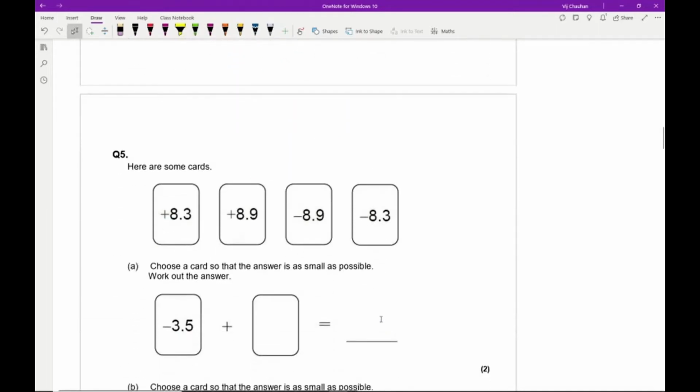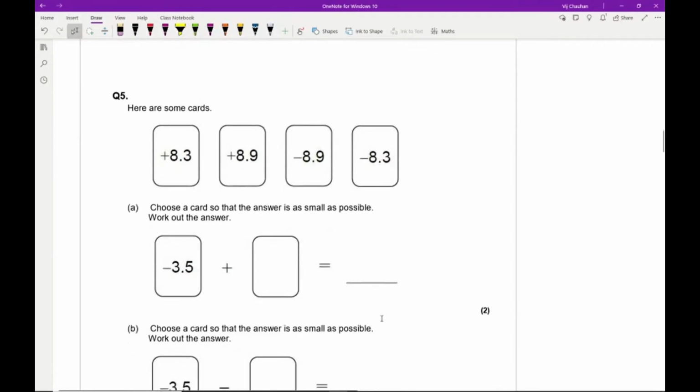Now for question 5, it said here are some cards. So we've got plus 8.3, plus 8.9, minus 8.9 and minus 8.3. And it says choose a card so that the answer is as small as possible. So here we're adding and we're starting off with a negative number, so what we want to get is the smallest possible number, we want this to be the smallest number out of the 4, and the smallest out of the 4 is minus 8.9, and I'll get 1 mark for choosing minus 8.9 and then 1 mark for typing it